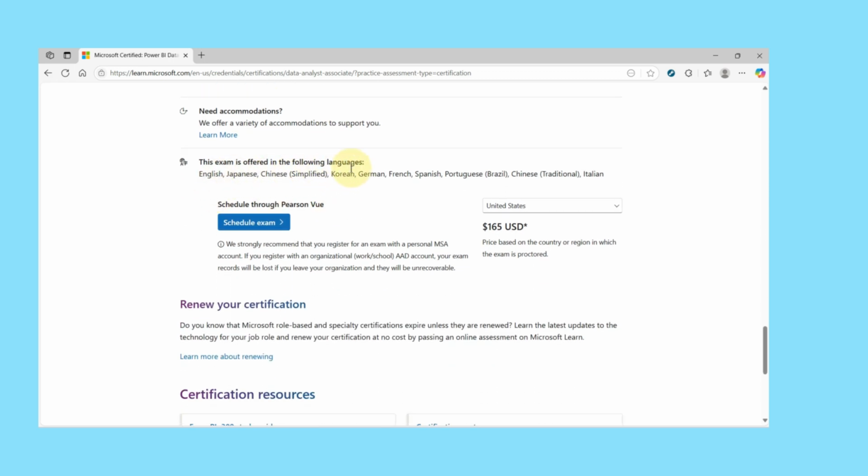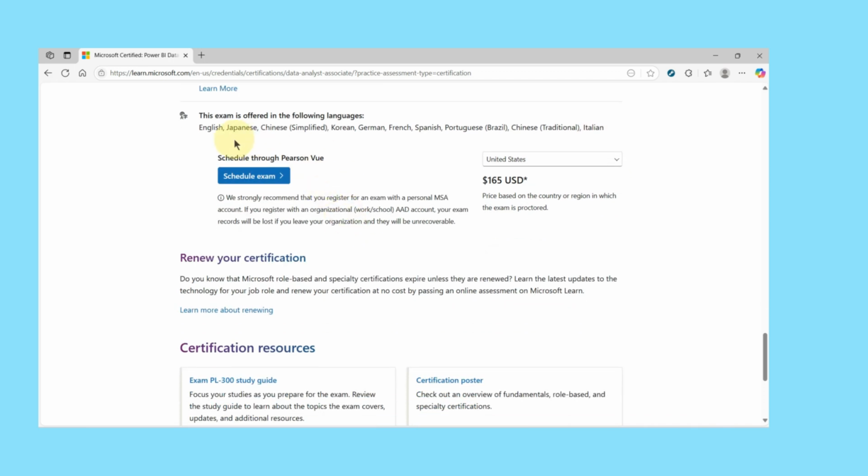This exam is offered in the following languages. So these are the languages in which you can give the exam, and I preferred to give it in English. It is scheduled through Pearson VUE. Pearson VUE is who hosts these exams for us. And now,